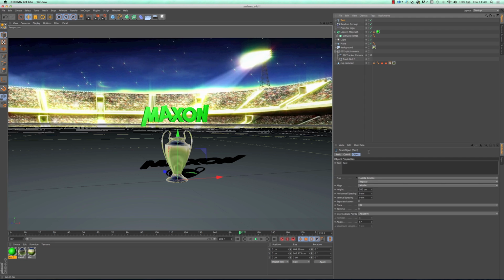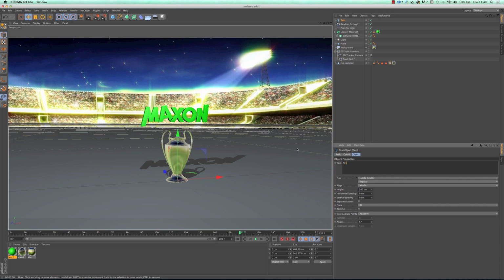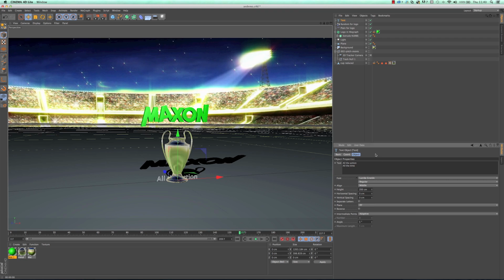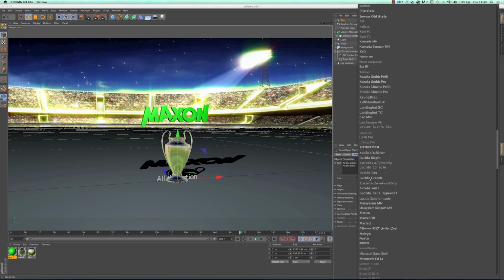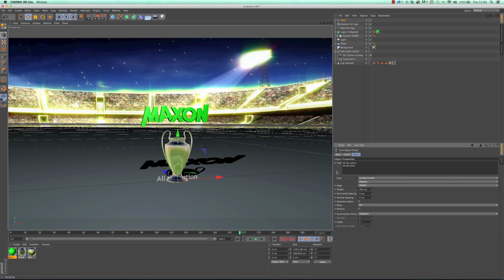So the text itself here, if you want to have some text, you just type it in. So we'll say all the action, and we'll say all the time. So we type it in, and then to see it, you just click outside the box, and it will pick a font. You'll have access to all of the fonts on your system. Depending on how many fonts, that may take a second to load, but you get nice previews. You can pick the font.